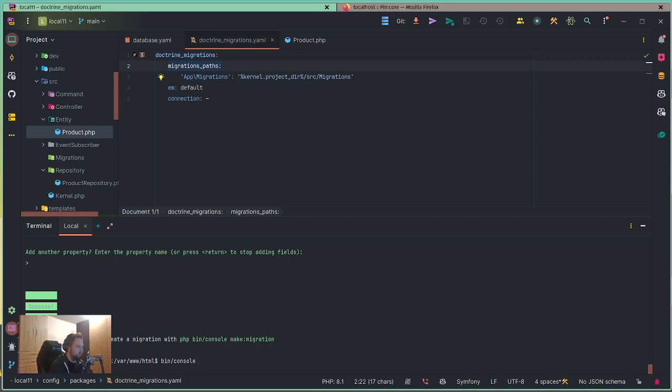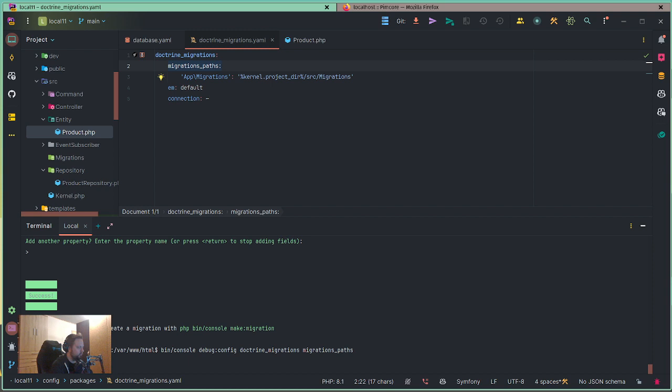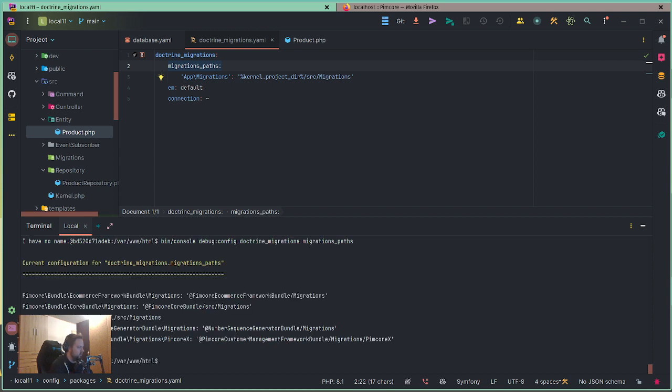If you use bin console debug config, doctrine migrations, paths, you can check this. And you see the e-commerce framework migrations would be the first migrations path,